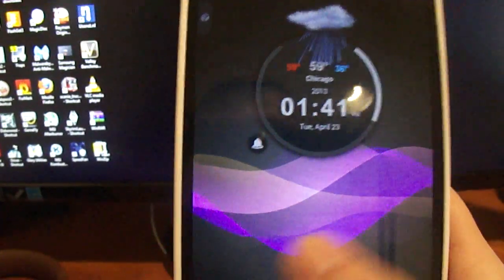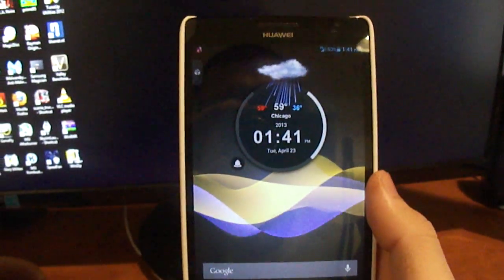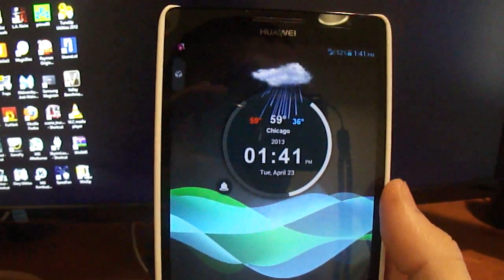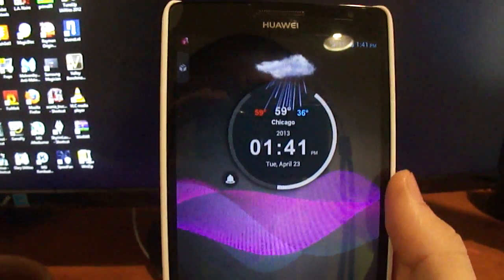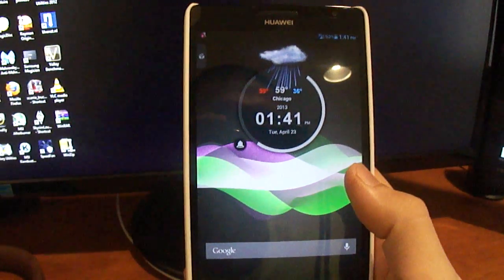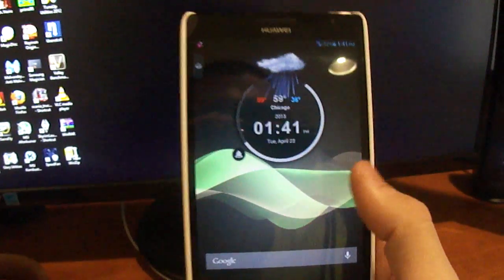I've been currently running this live wallpaper and there has been no lag at all. There was an issue with Netflix that I had. Out of stock, it comes with your brand. Your phone's build prop is Huawei, some weird model number. So I had to change that to the Galaxy Note 2's model number, GT-N7105, in order to be able